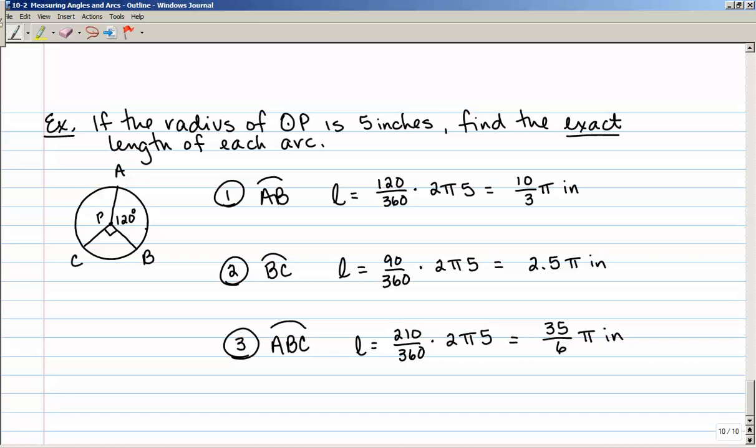So the difference between arc measure and arc length is arc measure is based on the central angle. Arc length is based on the circumference. It's a fraction of the circumference. This lesson was very heavy in vocabulary. If you need to make flashcards, go back and do that, but just make sure you're familiar with all of these terms because we're going to continue to use them throughout